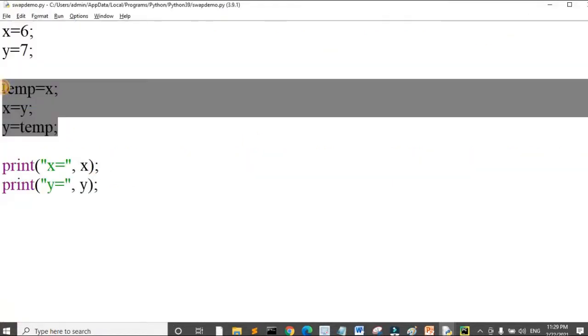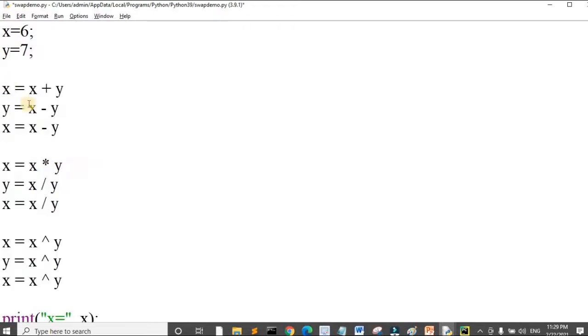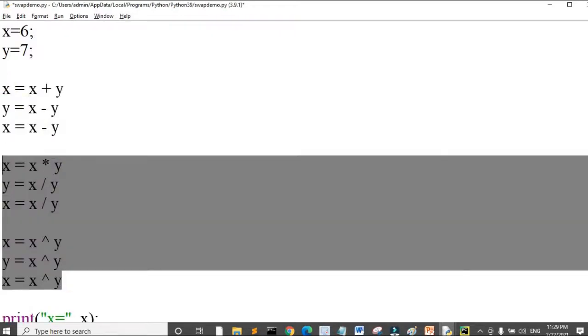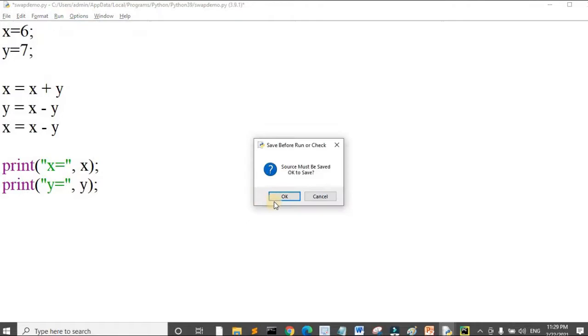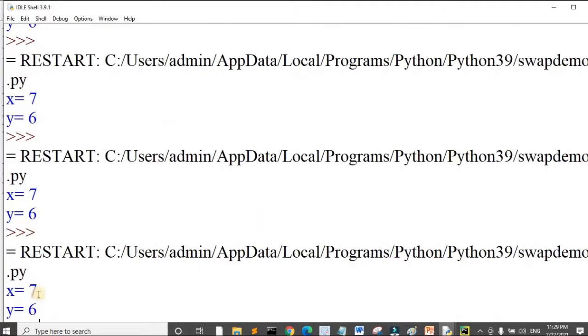Now let us see how all other possible cases work here. I am considering the case of addition and subtraction. I am running the code. I am saving. You see that the swap operation is performed correctly. x has 7, y has 6 here.